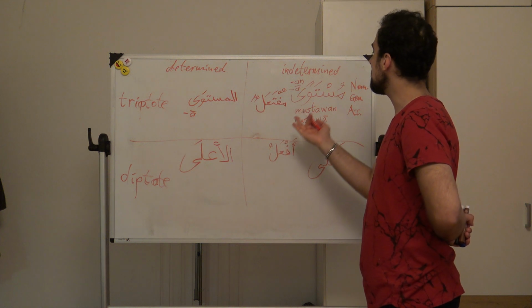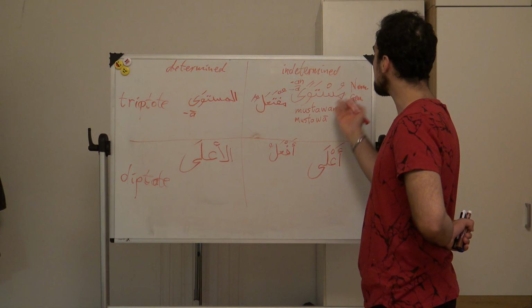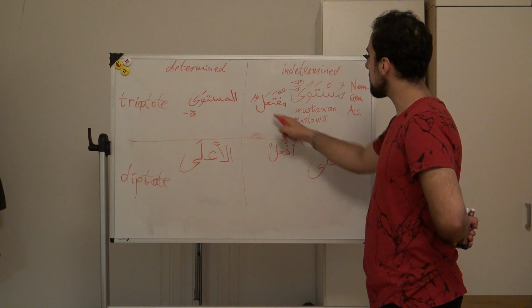By the way, what is the reason that it becomes a long A at the end? As mentioned before, the third root letter